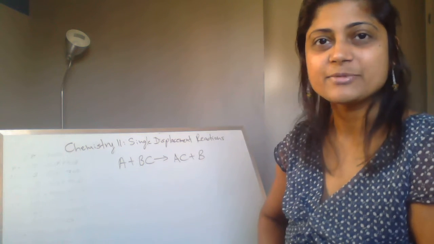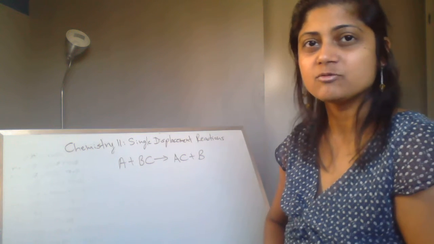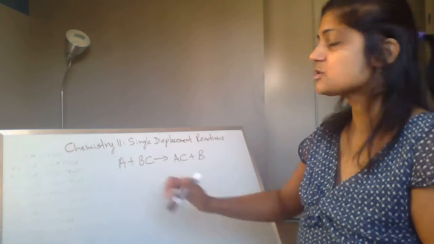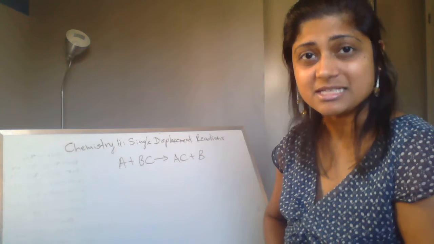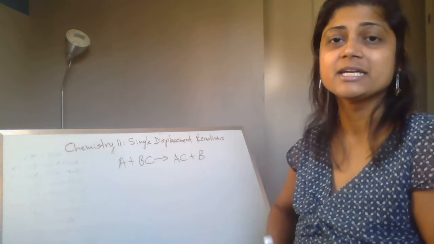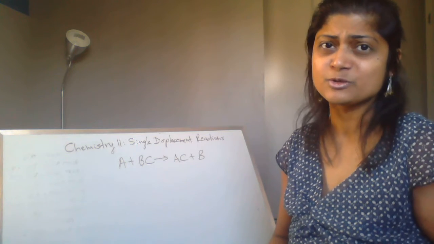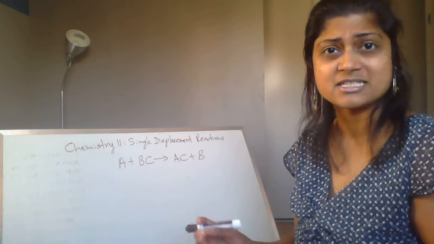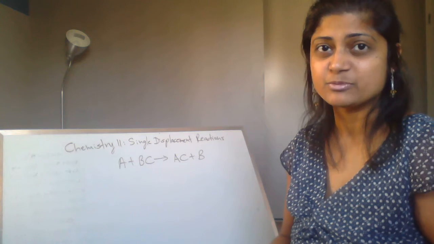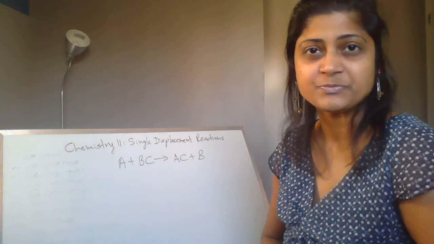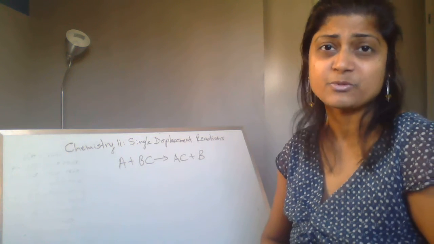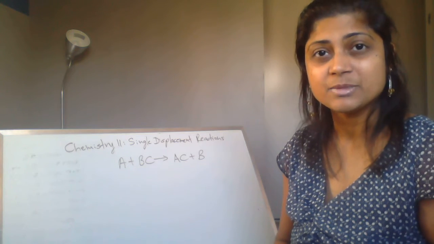On the board, I have basically the general equation for single displacement reactions. So right here, it says A plus BC, and the products that are forming is AC plus B, all right? For those of you who are wondering what is up with all these letters, let me just explain it very briefly. How I know that it's a single displacement reaction is I'm combining an element with